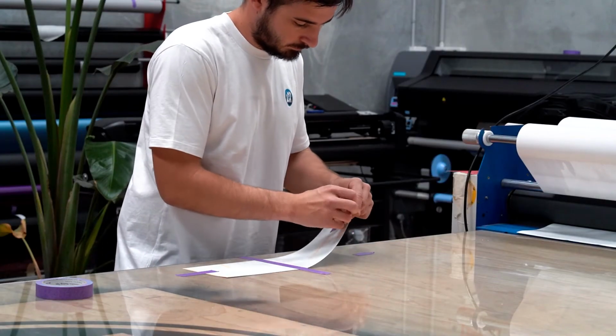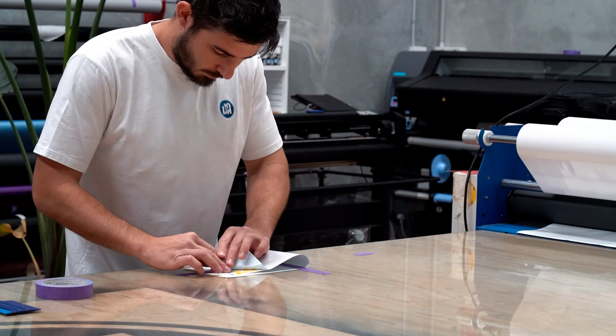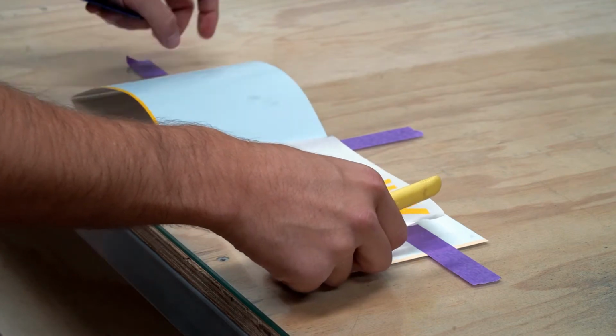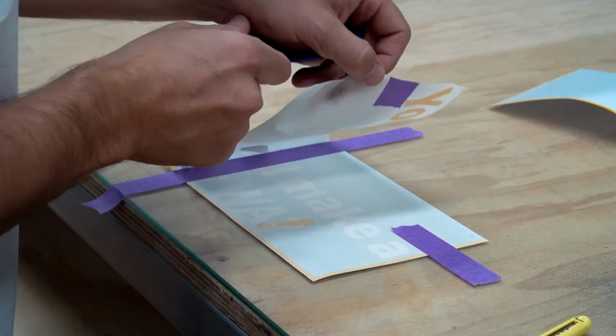We'll then tear a tab of our masking tape. By leaving a bit on the graphic and on the surface, it gives us a registration point of where it needs to line up to. You then want to peel the backing paper off, making sure all the graphic goes with the application paper and nothing gets left behind. Once you're at that halfway point, use either scissors or a knife and cut your backing